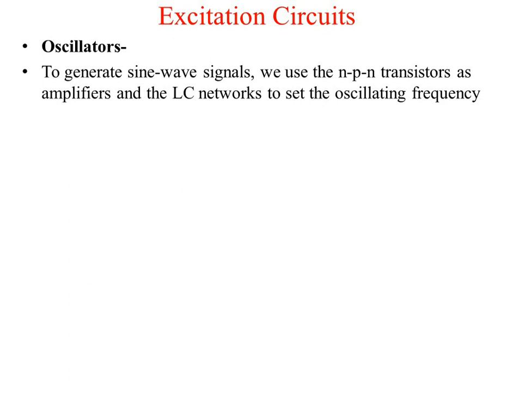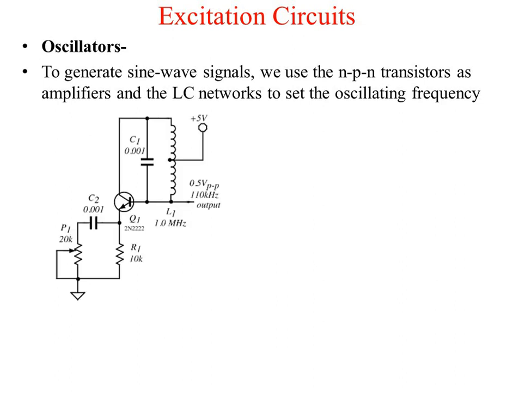RF signals, then you need to go for high frequency networks which use LC components. So you will be using such kind of LC components. This LC circuit is used as a tank circuit, and it will be used to generate a particular frequency of 110 kilohertz. Okay, now such concepts are also used for direct measurement of your displacement.